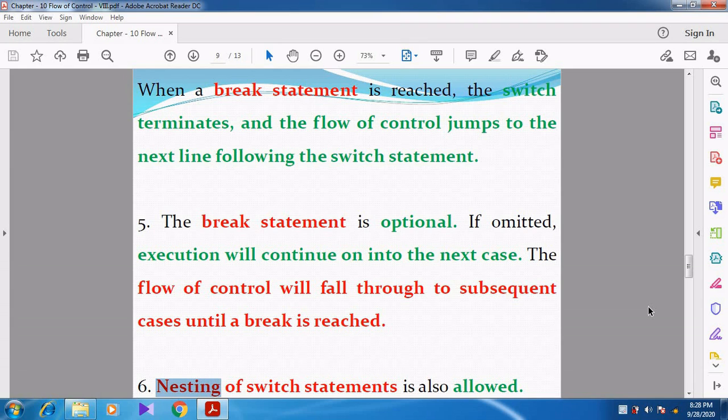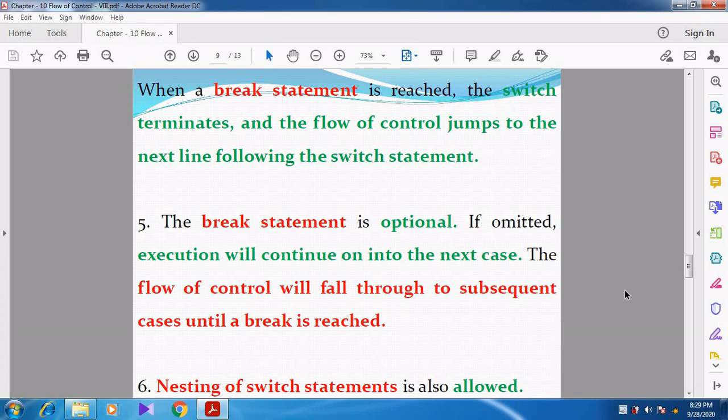If you omit the break statement, all the other statements which do not match the case will be executed until it reaches a break statement. Those statements are unnecessary for the expression. Then nesting of switch statements is also allowed.